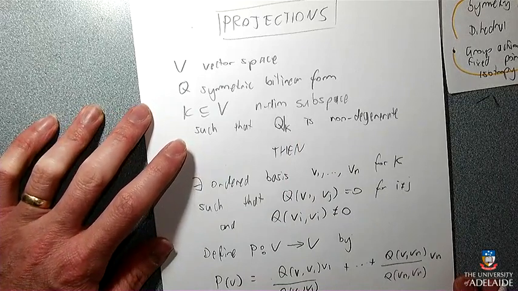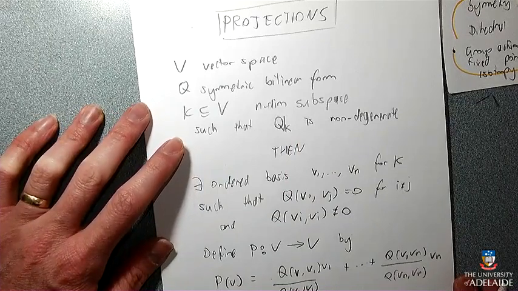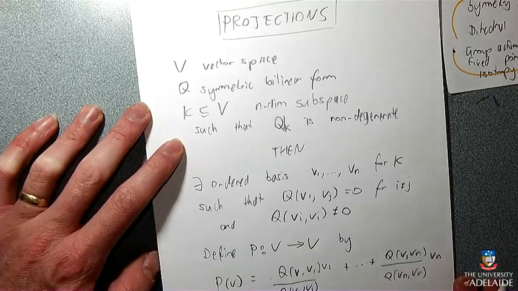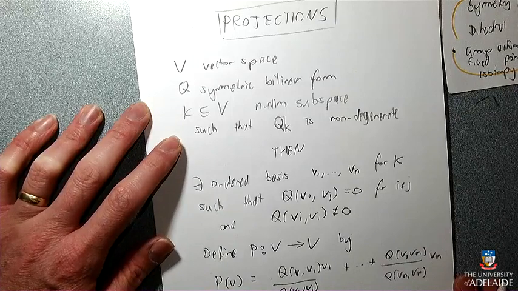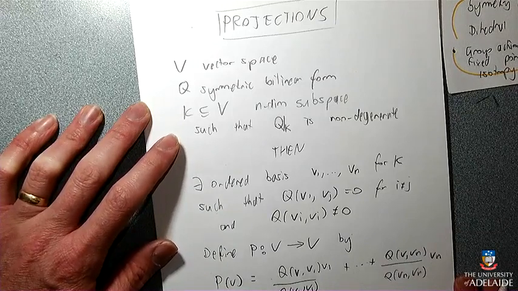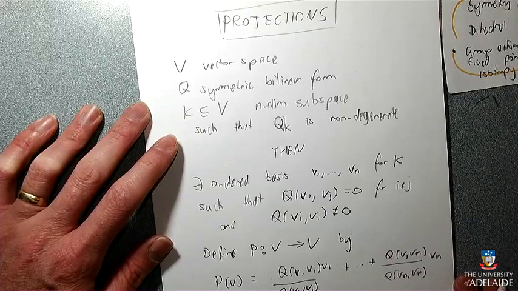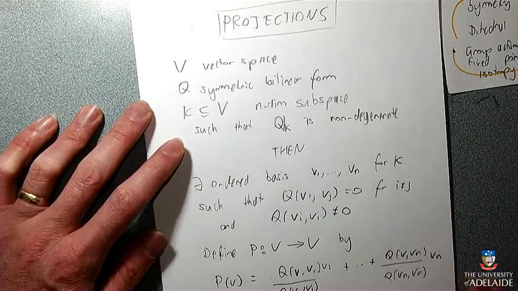Does it mean that everything is zero if it's degenerate? I know, to be non-degenerate there must be a degenerate that is the opposite, which seems to be more useful. What does it mean to be non-degenerate? If Q of x, y equals 0 for all y, then that implies x equals 0. That's what it means to be non-degenerate.